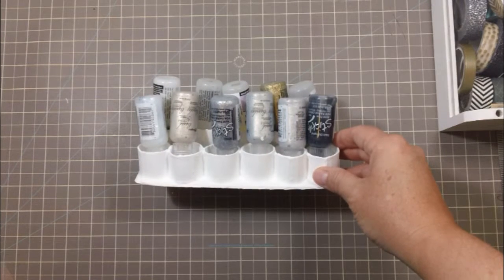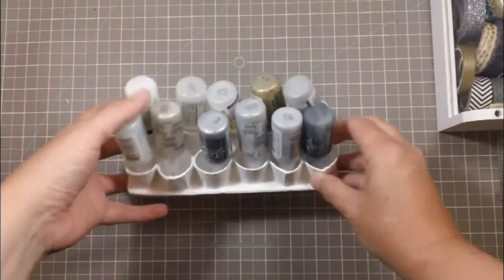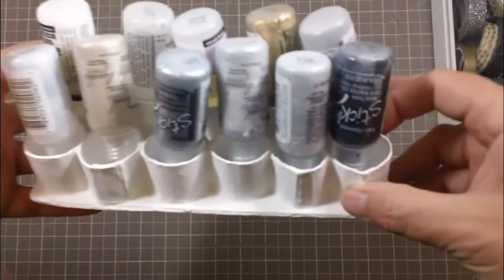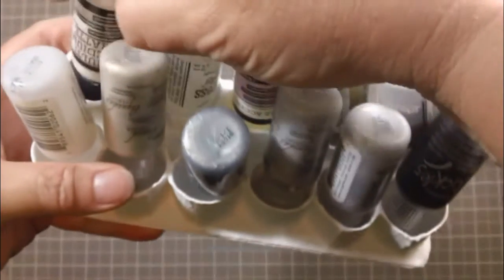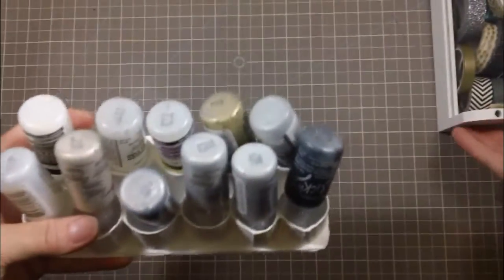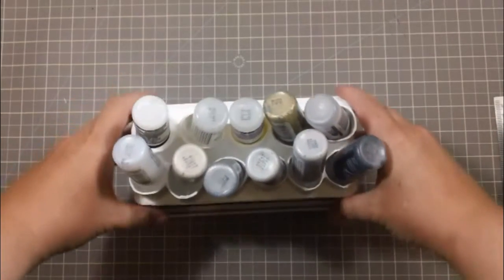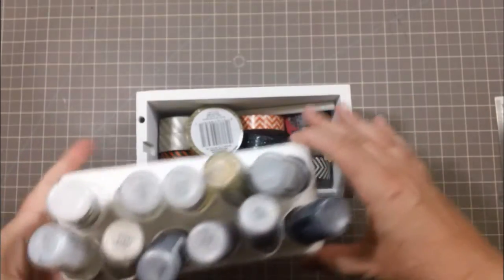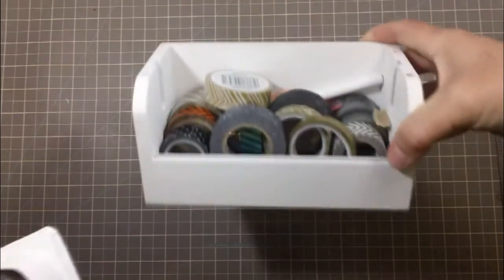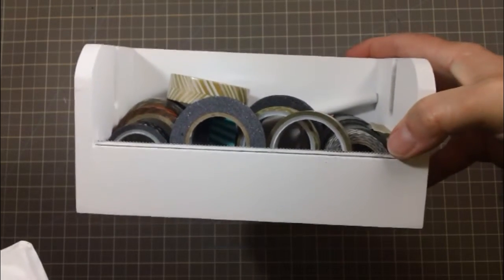Hi guys, I just wanted to share with you this little contraption I made to hold my Stickles and my liquid pearls and I think my crackle accents even and my matte medium. There's a thing that you can buy for all this stuff that's pretty much the same concept, but it's really long, and I wanted this to fit on top of, you see these, I got these little tape holders at